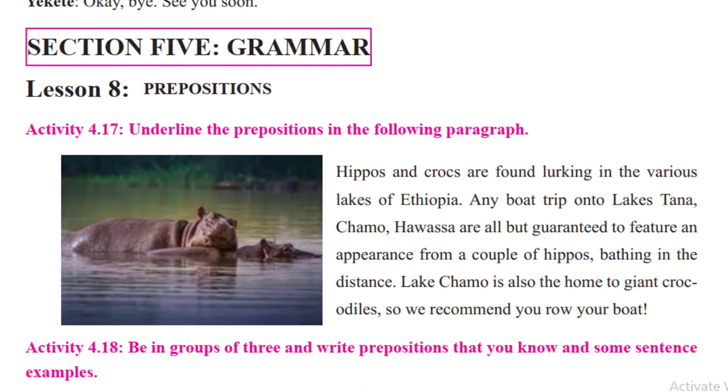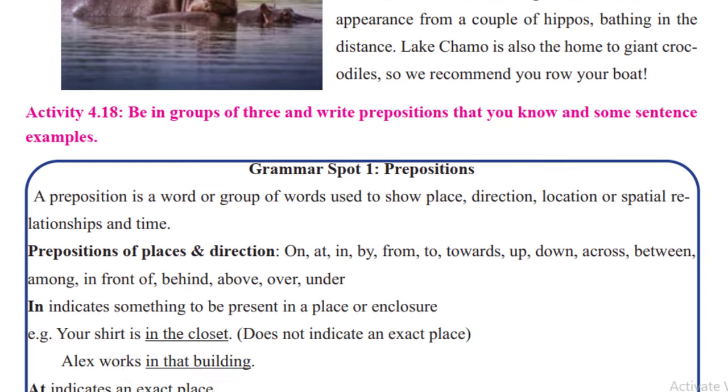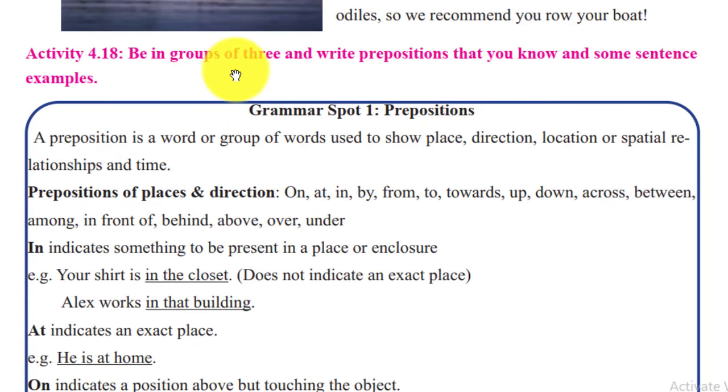በዚህ መልክ መስራትን ትለማመዳላችሁ። the other part section 5 ላይ ስለምንመጣ grammar ነው about prepositions ስለሚባሉት፣ በአማርኛው መስተዋድድ ተብለው የሚጠሩ ናቸው። So activity 417 underline the prepositions in the following paragraphs። here there are different prepositions አሉ። እዚህ ጋር መጀመሪያ አይደንቲፋይ ታደርጋላችሁ፣ ለምሳሌ in የሚል ቃል እዚህ ጋር አለ። just the other one to from in to, these are some kinds of prepositions። እንግሊዝ ላይ እነዚህን preposition እናገኛቸዋለን። So activity 418 ላይ be in groups of 3 and write prepositions that you know and some sentence examples። እንግዲህ from background knowledge from the lower grade፣ ካለፋችኋቸው የክፍል ደረጃዎች መሰረት በማድረግ some preposition ሊስት ታደርጋላችሁ ማለት ነው።